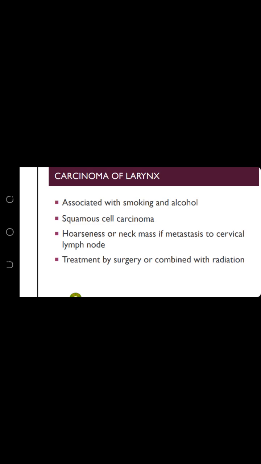Remember, squamous cell carcinoma is a metaplasia that usually occurs within the respiratory tract when a person smokes, where the columnar epithelial cells are replaced by squamous epithelial cells, and that's the carcinoma that occurs within the larynx. Hoarseness,